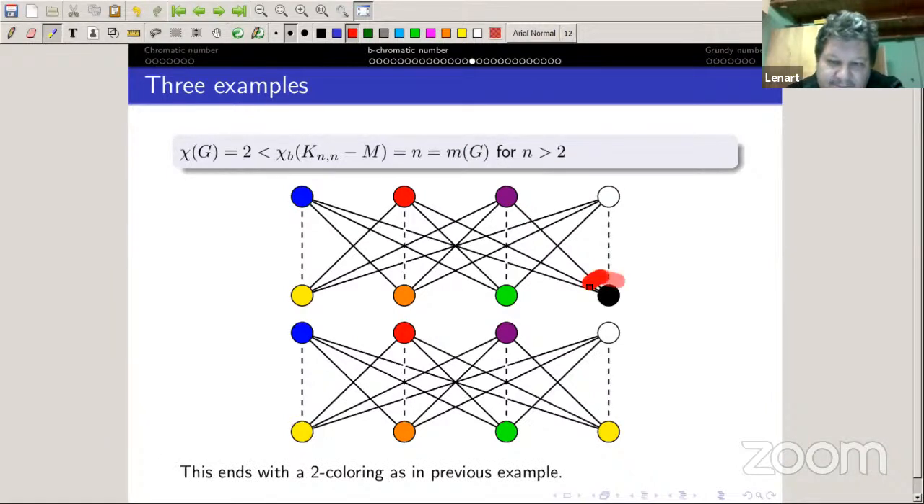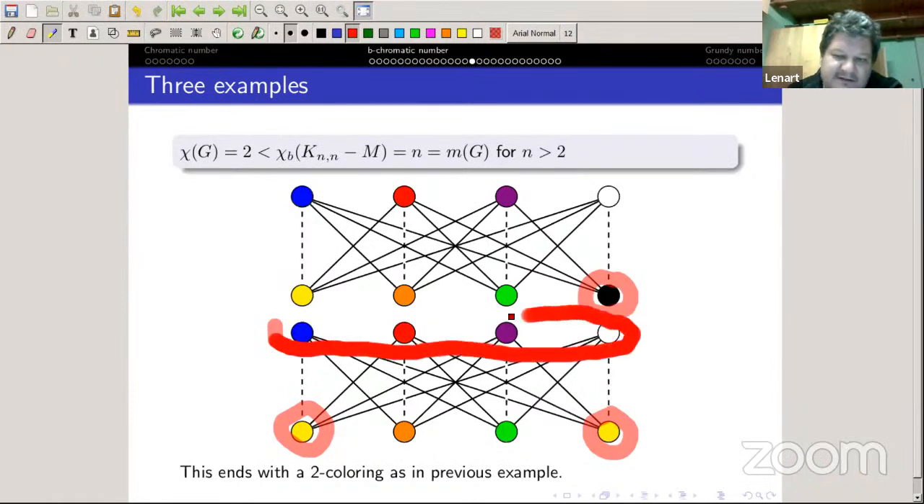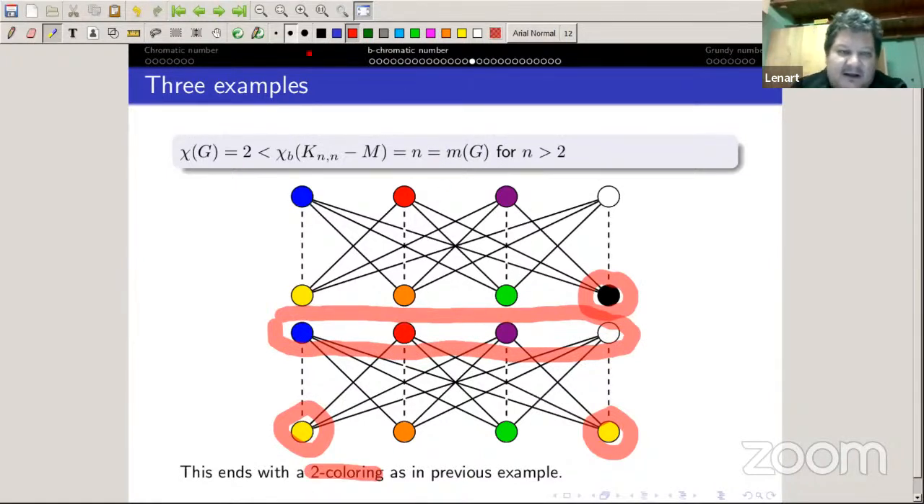it is possible to this black is not a B vertex, and we can recolor it, let's say, by yellow. So now we have 2 yellows here, and actually this will bring us, now yellow will not be in the upper line of vertices. This upper 4 will not be colored yellow anymore. So this means that we will end with a 2 coloring, and this will not be optimal